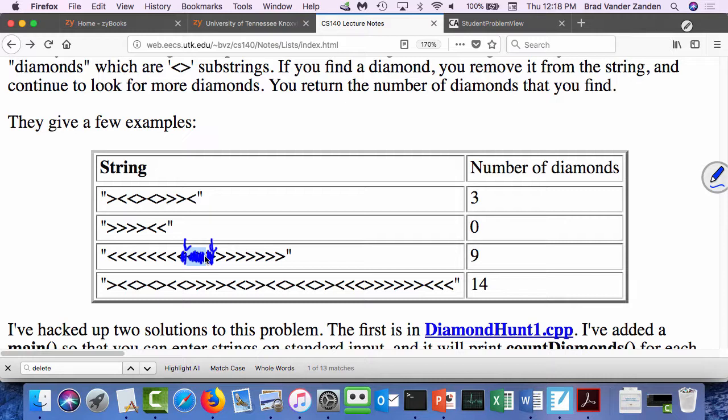So we want to count the number of diamonds that can be produced by a string. And you see that I first didn't try to start coding. I tried to work it out by hand. And hopefully you might think, wow, this looks like a list could be used to implement this because he is deleting diamonds from the middle. Okay, in fact, if we were to use a list,